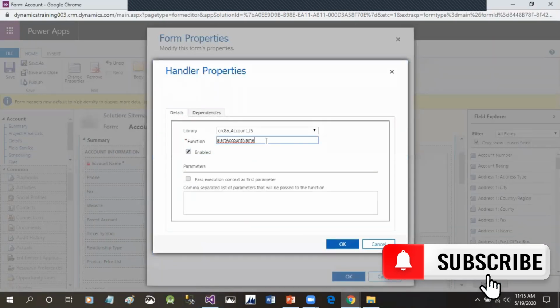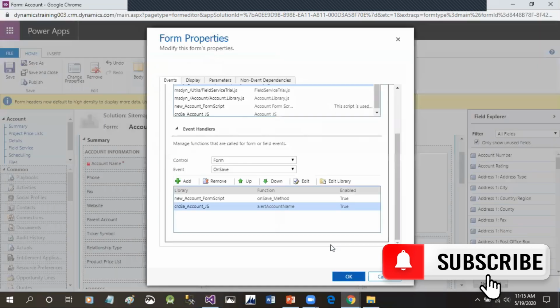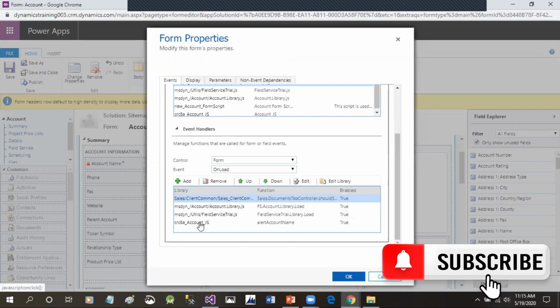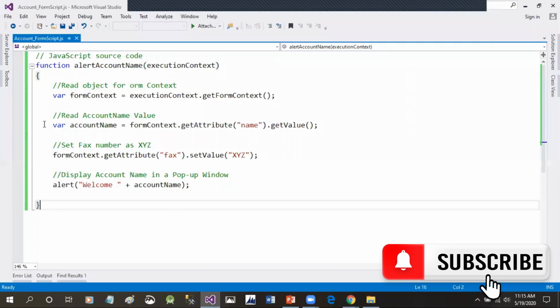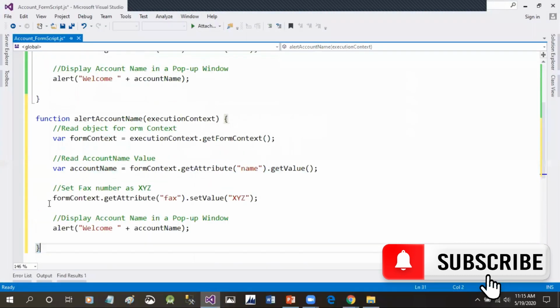In the same way, we have selected the event as onSave. In onload we have added this function, and in onSave we have added this function. If you want to add another function, you can write another function here, change the name to, let's say, onSave, and do whatever logic you want.